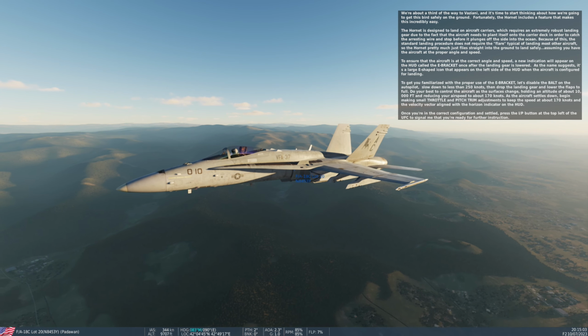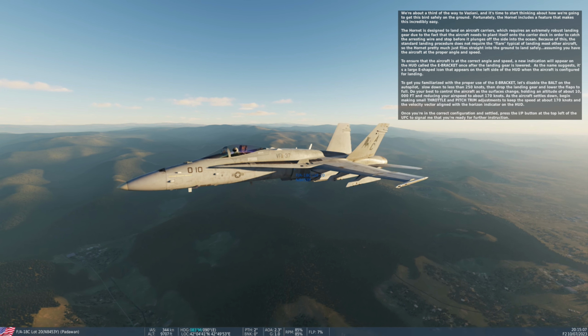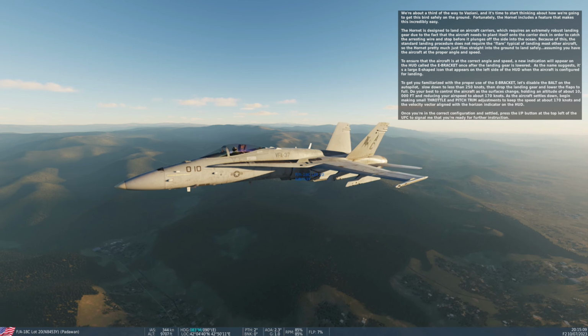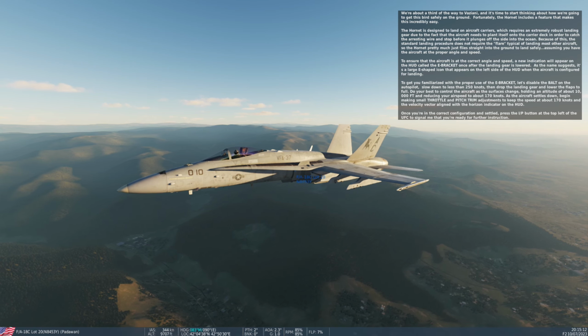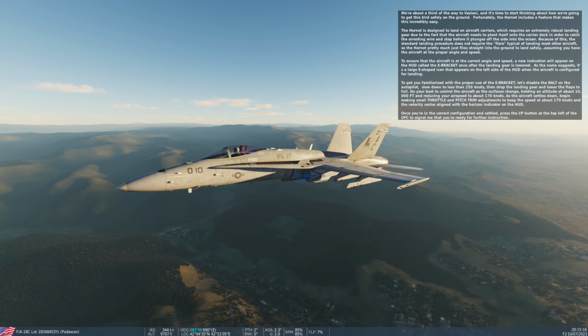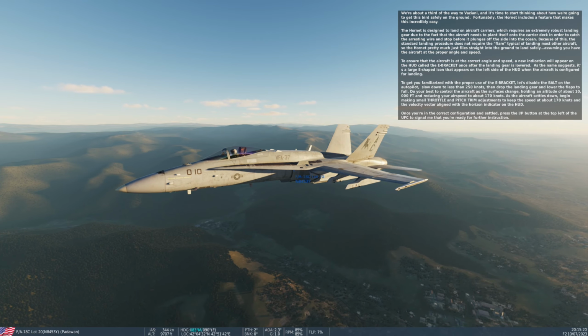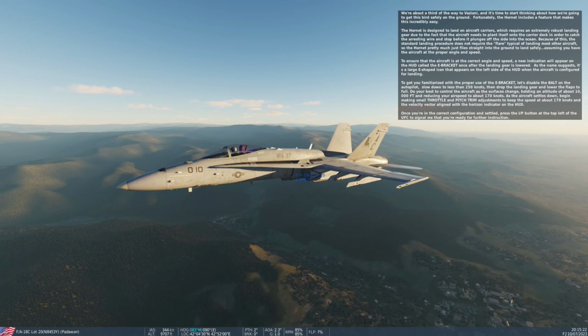Because of this, the standard landing procedure does not require the flare typical of landing most other aircraft, so the Hornet pretty much just flies straight into the ground to land safely, assuming you have the aircraft at the proper angle and speed. To ensure that the aircraft is at the correct angle and speed, a new indication will appear